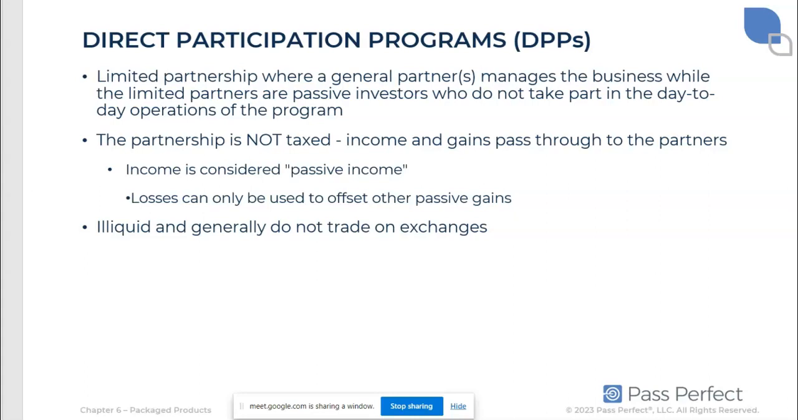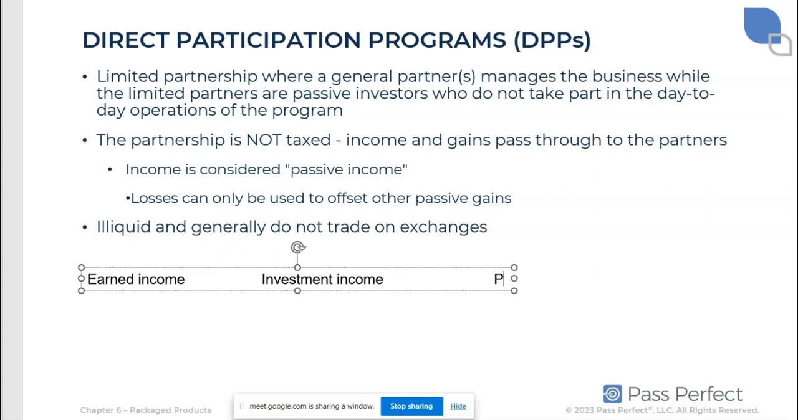See, in our tax code, we put our income into 3 buckets. We have earned income. That's what you get for doing a job, for running a business. We have investment income, and that's interest, dividends, and capital gains. And then there is passive income. Okay. So the thing is that